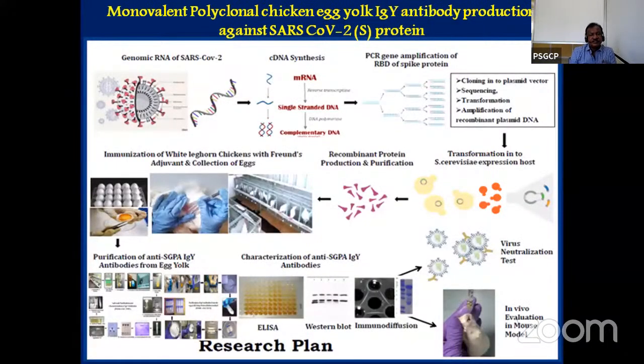For example, from the virus, you can do cDNA synthesis with mRNA to make single-stranded complementary DNA. The RBD spike proteins can be prepared, amplified, cloned, sequenced, transformed, and amplified. The recombinant plasmid is transferred to either E. coli or Saccharomyces cerevisiae. From that, we were able to synthesize the recombinant protein, and the purified proteins were taken and injected into